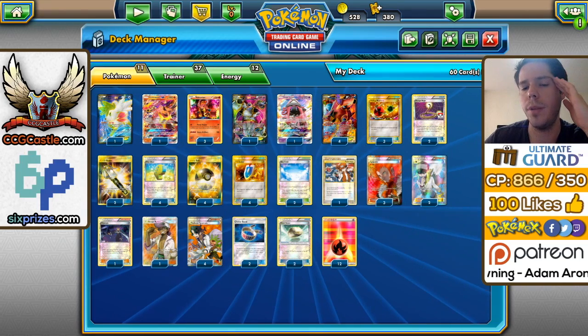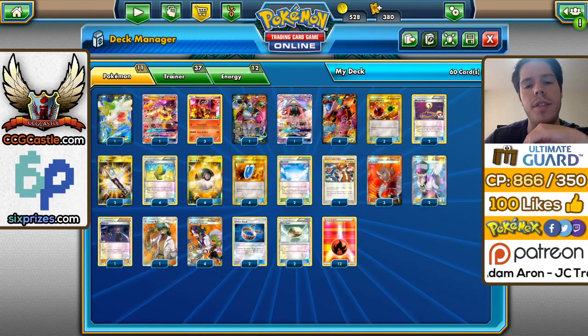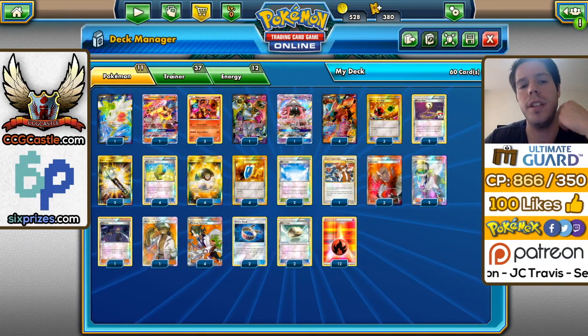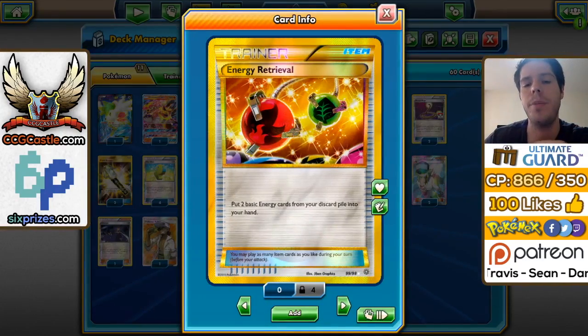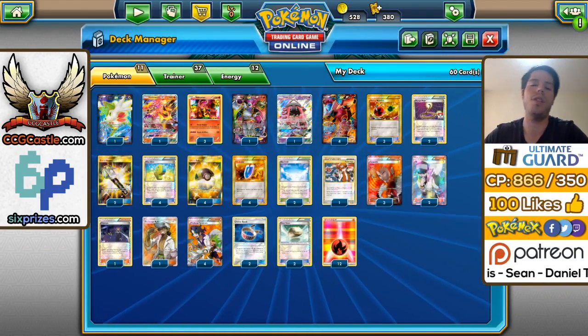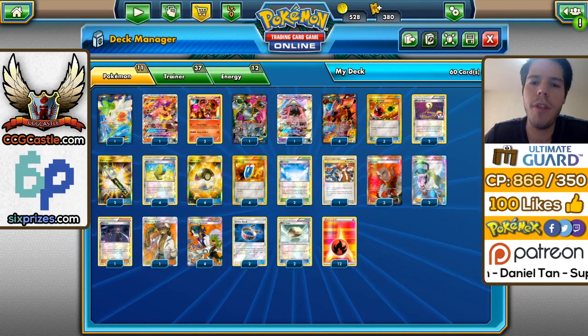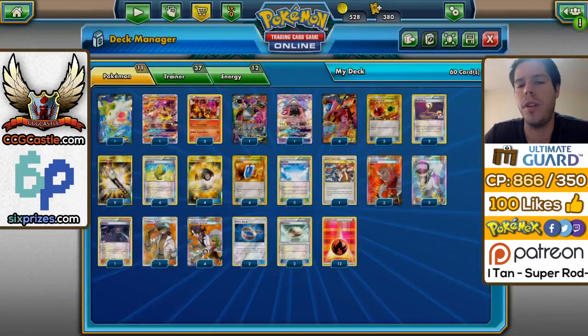No more Trainer's Mail because we want the extra supporter count for Lele. Lele gives you that extra added layer of support, and we also have more reliability with Turtonator. I went back to 3 Energy Retrieval because I do like getting those energy back into play so you can use Steam Up. And then we have, of course, 2 Field Blower to deny Garbodor, to remove Choice Bands, to remove Fighting Fury Belts,